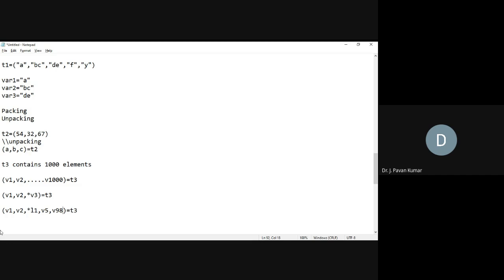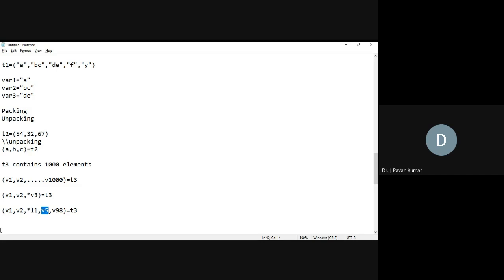V1 in the sense it is not a first value. V1's placement is first, that's why it will consider the first element. V2's placement is second, so the second element will be assigned. V5's placement is not the fifth one. Don't be confused. V5 is just a name. It is not a placement actually.